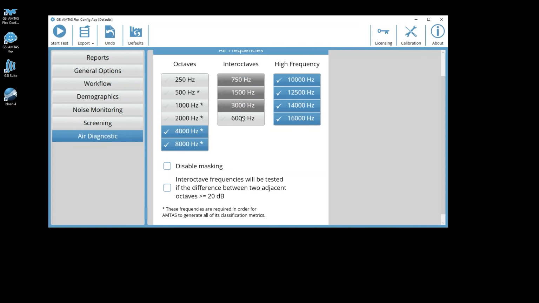The only real rule to keep in mind is that if you want to include these inter-octaves, as you see them going between gray and available, you need to have both adjacent octaves selected. So for 3000, for example, you need to have 4 and 2 selected in order to get 3 included in that protocol. The other thing I want to point out is that any of these frequencies here that have an asterisk by them